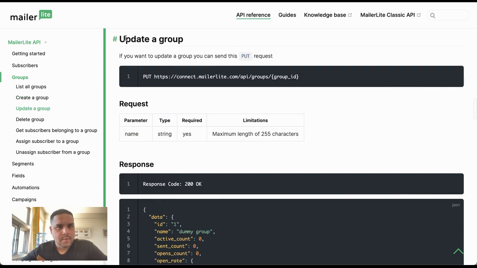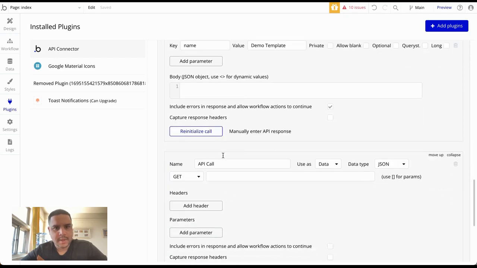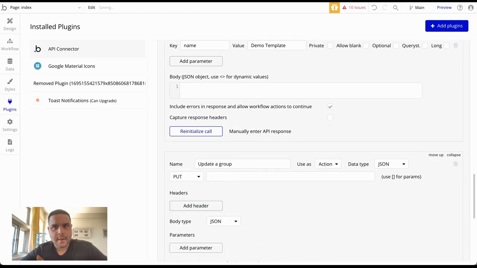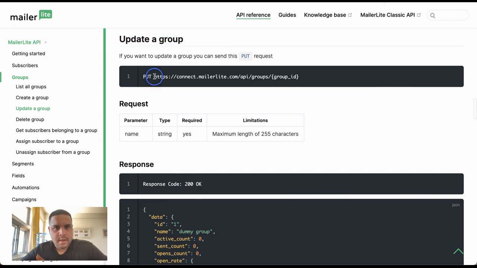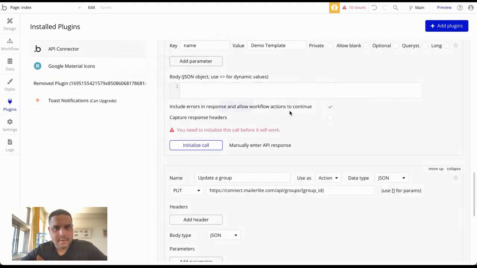Now we're going to have the update group, which is the put type. The next call is going to be update group. This is going to be an action. This is going to be a put type. And we're going to add this here. We're going to reinitialize this call, and the reason why is because